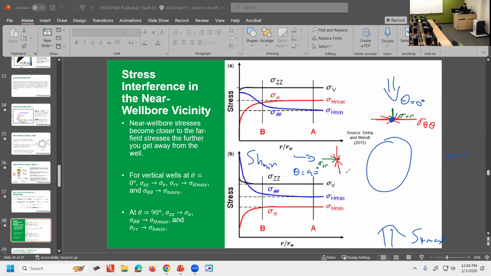The hoop is what? SH max, because it's parallel to this. And of course, axial is into or out of the plane of the paper, of the screen. This one, sigma ZZ. And we call it sigma ZZ because we assume that the well is very parallel to the Z-axis. If it's very parallel to the X-axis, like Nassim is doing, because he's interested in horizontal wells, it